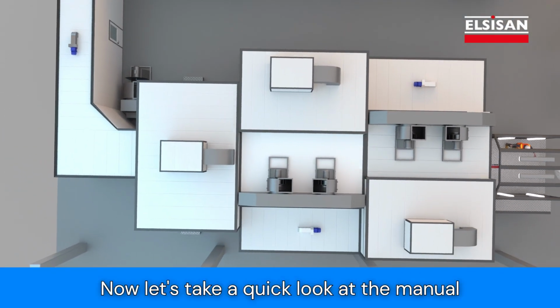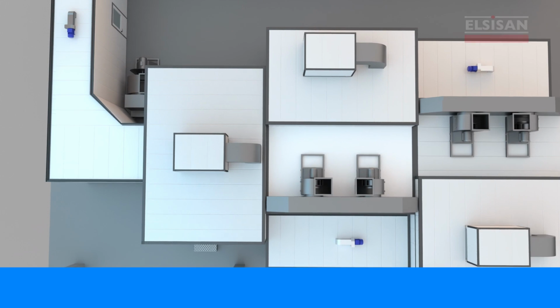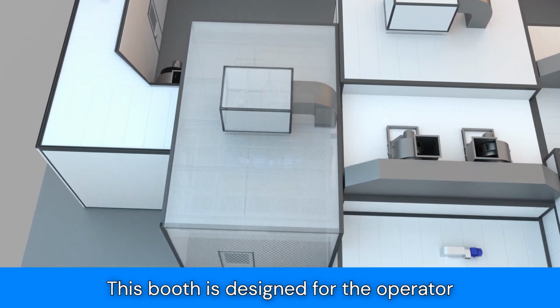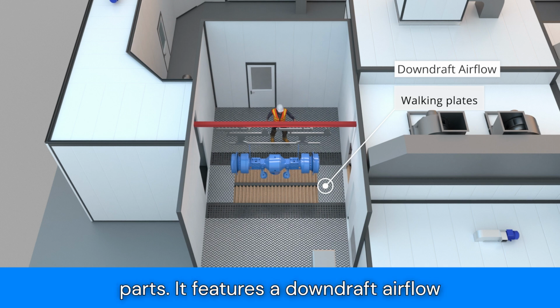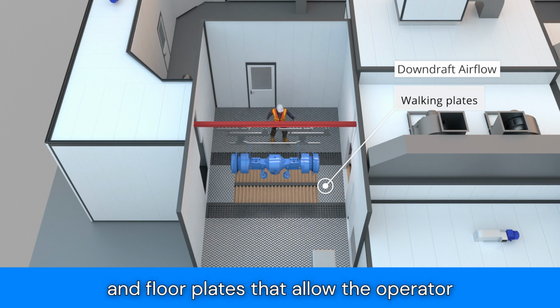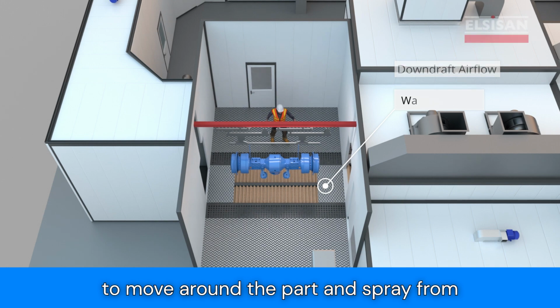Now let's take a quick look at the manual spray coating booth. This booth is designed for the operator to manually retouch specific areas of the parts. It features a downdraft airflow and floor plates that allow the operator to move around the part and spray from